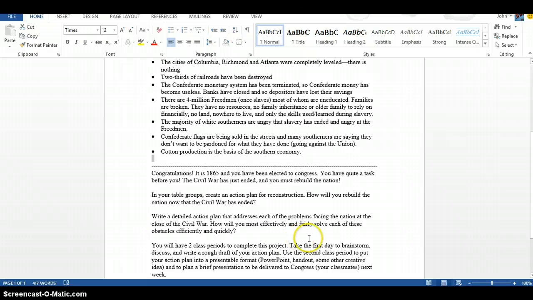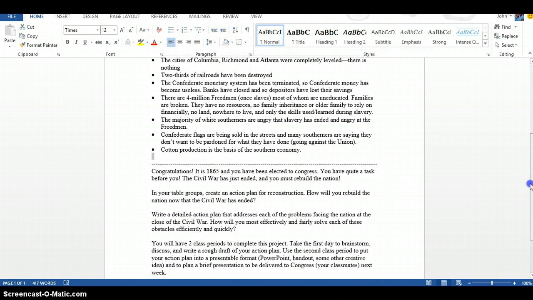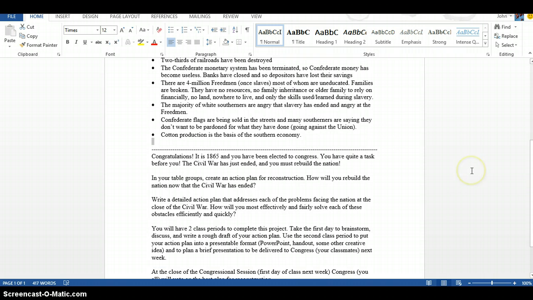All right, so two class periods. Basically, here's what we've got going on. Your goal today, obviously, is to be introduced to this. You and your partner need to sit and figure out what it is you want to do. That would be the starting point. Tomorrow is going to be the second work day for you. This whole thing is supposed to be finished and will be presented on Friday. Ms. Mason is coming in to be a judge, and you will present what you have done, how you're going to put the South back together.